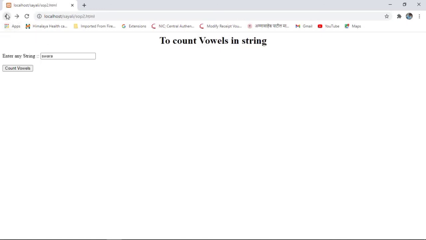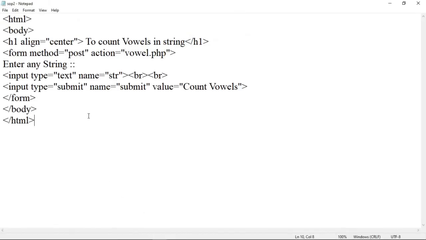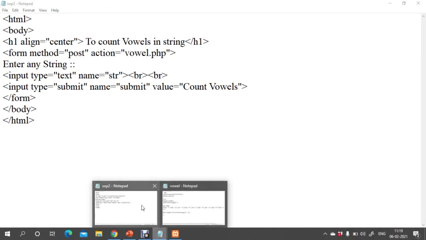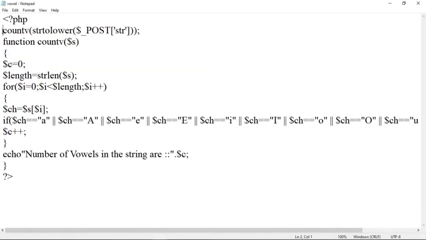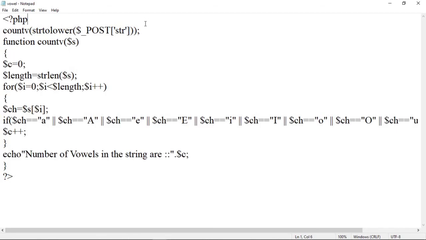So in this way we have done the second practical of PHP. You have to note down both of these programs. See, first of all we have to run this HTML file. Then you will be redirected to this file vowel.php, which contains a function call. This is a function calling, and this is the body of the function which will get executed after calling this function.